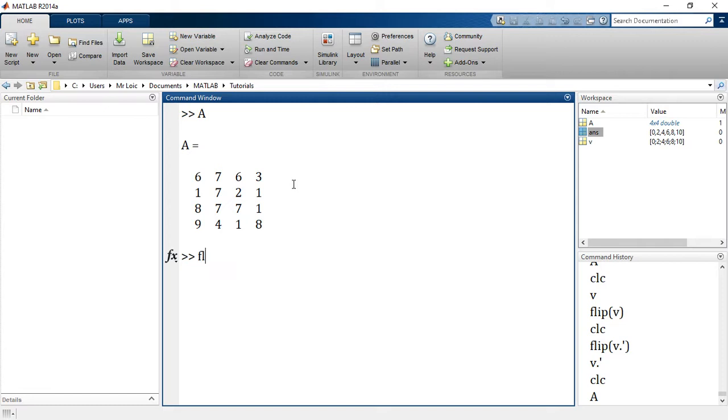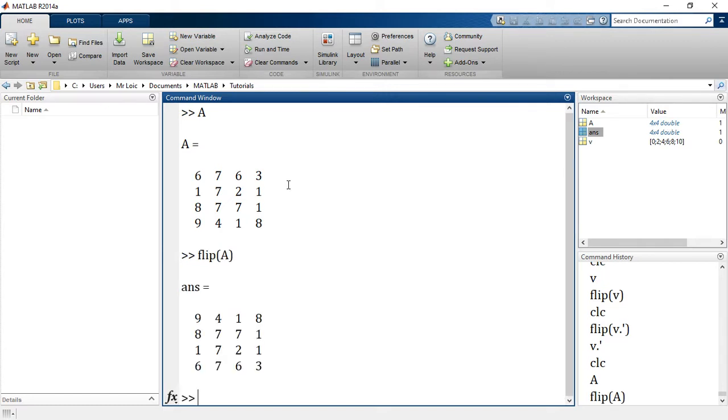So let's first of all remind ourselves of our array. That's A. If I say flip A, what does it do? Well, it simply flips according to the row dimension. So the last row becomes the first row, and the first row becomes the last. The second row becomes second to the last, and so on and so forth.